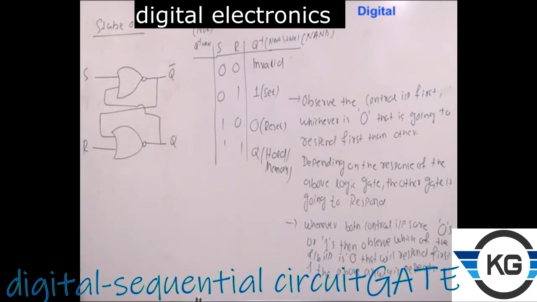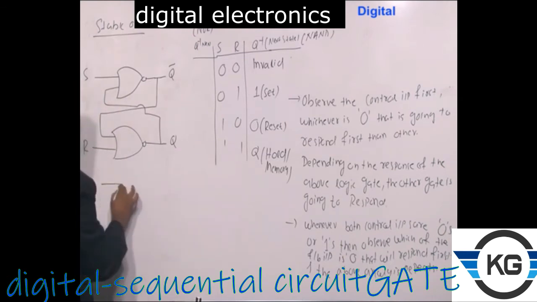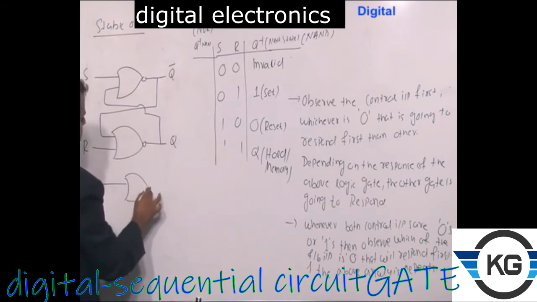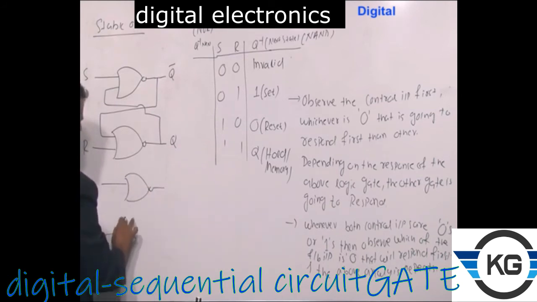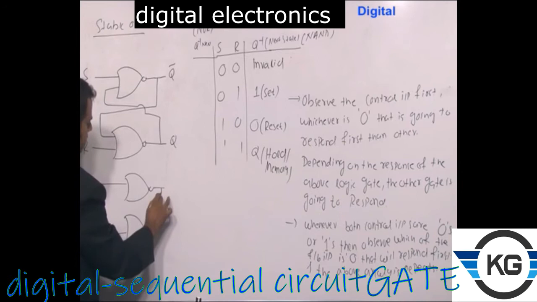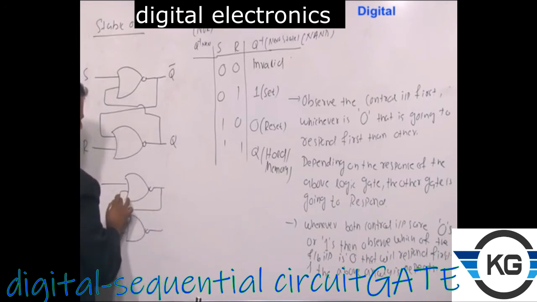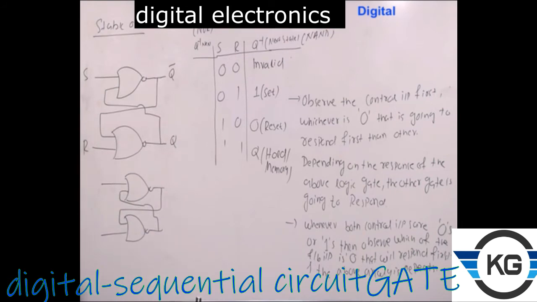Okay. Now how do you analyze this? Once again, because we do not know the initial condition, you have to consider two possibilities: one with initial condition 0, and another with initial condition 1. So S and R is there, and once again I am going to use four possibilities: 0 0, 0 1, 1 0 and 1 1.